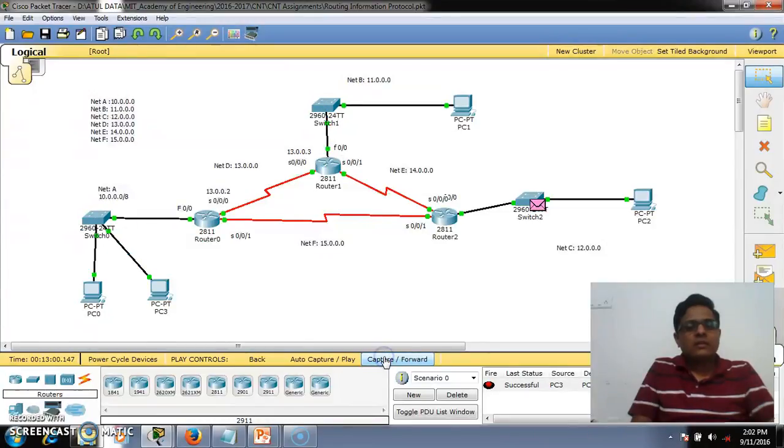This time we are able to successfully execute it. Similarly, from network C to network B, it might fail the first time because of the routing table generation. Yes, we are able to successfully route a packet from all the different networks using the RIP protocol.